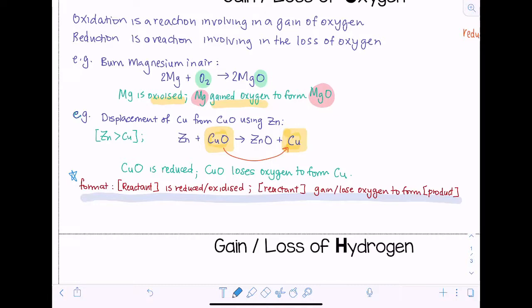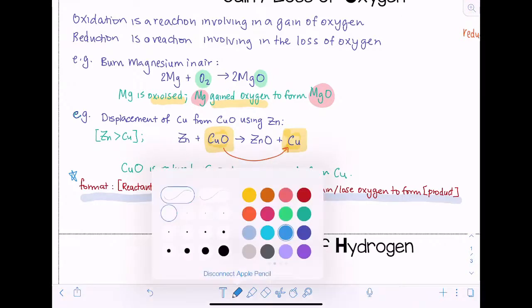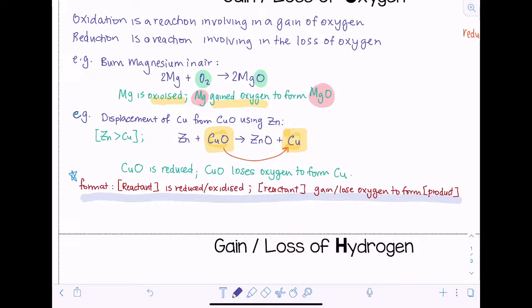Now, I will throw in just one last example to show gain and loss of oxygen. This time, I would like you to look at this equation, the third example, and see if you can spot both oxidation and reduction. Now this reaction is actually one of the examples we saw just now,